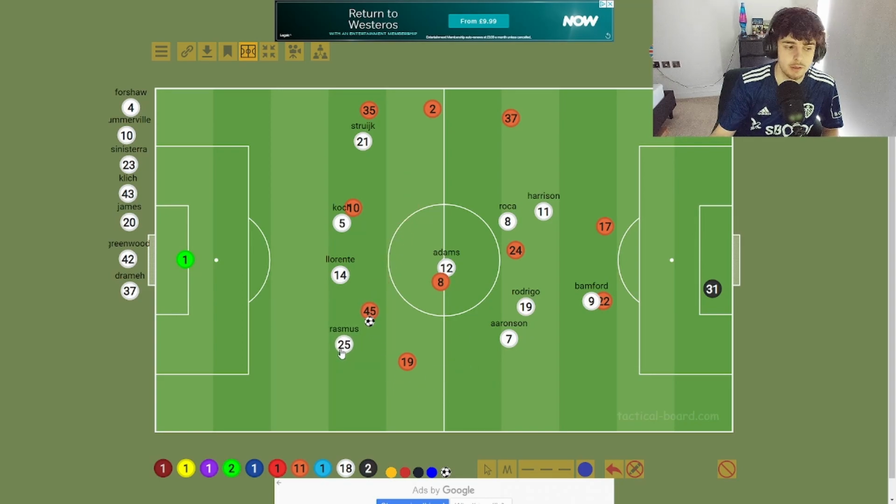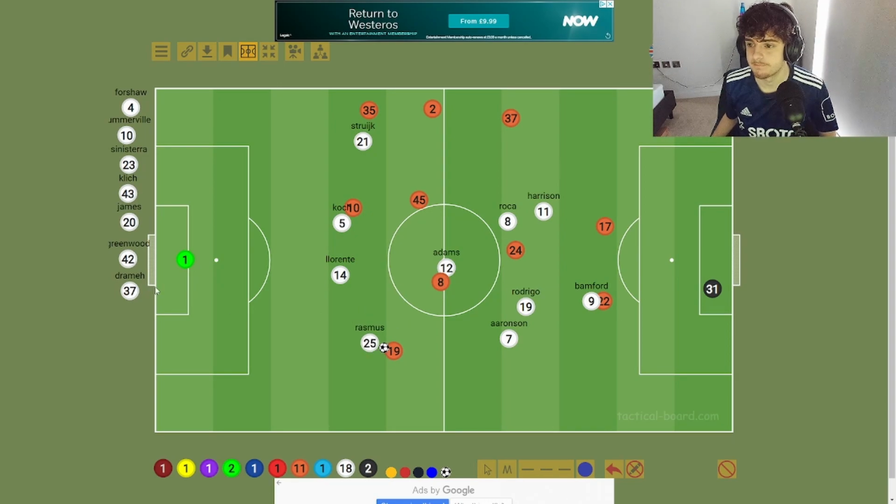About here, and then you've got a 1v1 again, which I don't think Rasmus does. Sorry to him, I don't think Rasmus does a bad job in this 1v1. But obviously he fouls the guy. I don't know whether it's a foul or not, and they win a free kick. So that's what happened in the situation.